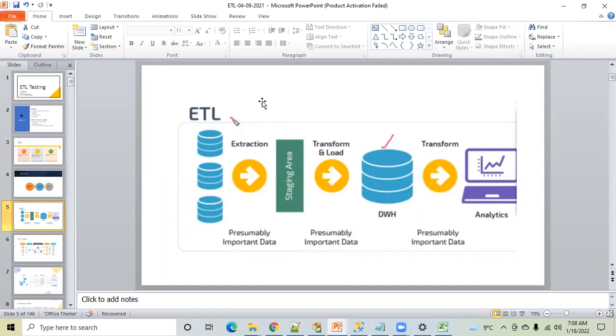Okay, now tell me, take any particular IT organization, anyone. In that IT organization, what are the different sources which are generating data? HR, finance. Very good. HR, finance, sales teams, procurement team, maintenance team, right? So these are generating data. Perfect. So you got an idea about the sources.